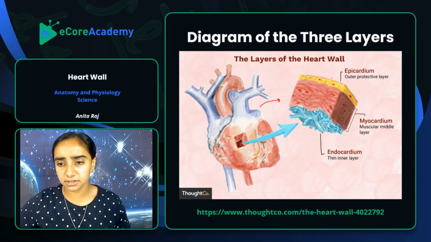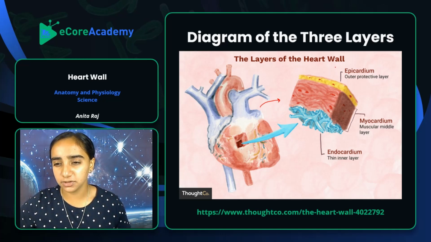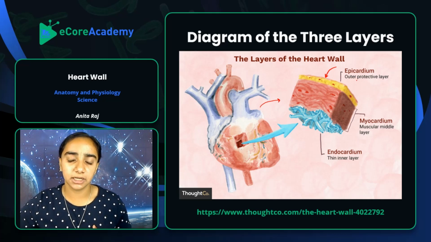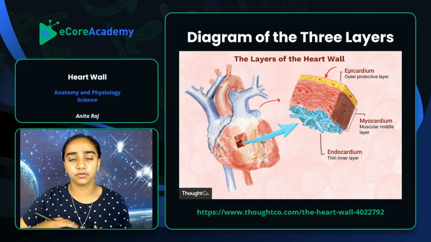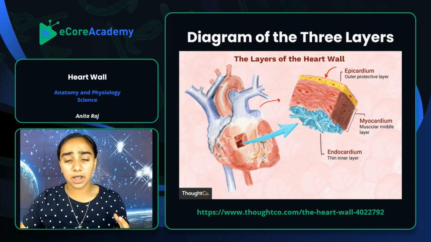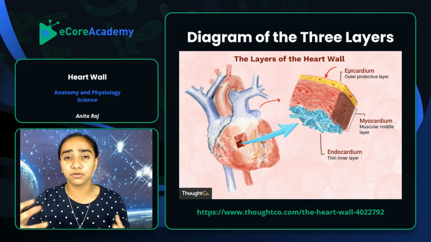This is the outermost layer. This is the epicardium. As you can see, it looks yellow. It's actually some fatty tissue. So it's the outer protective layer. Its purpose is to protect the heart. Even though it's nestled in your chest, it's supposed to protect the heart from other viscera and surrounding structures. Also keeps your heart tethered, makes sure it doesn't expand too much, and it doesn't move around too much when